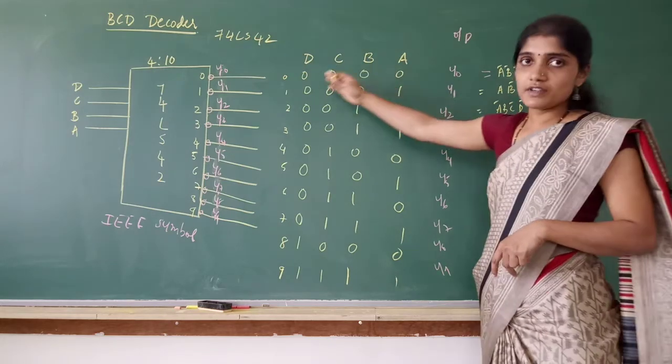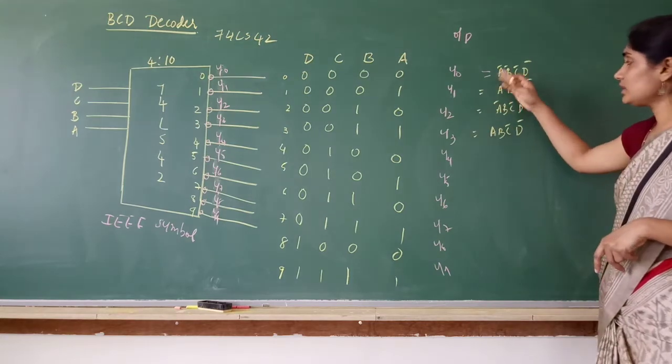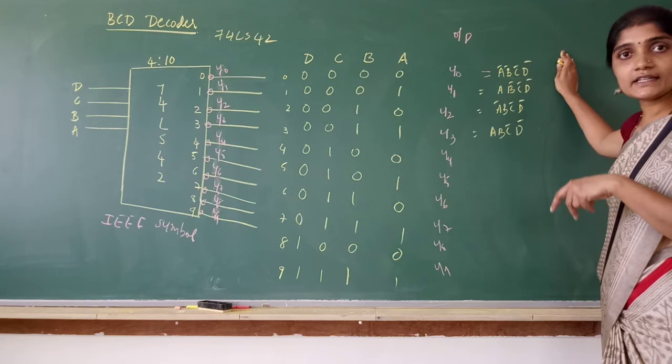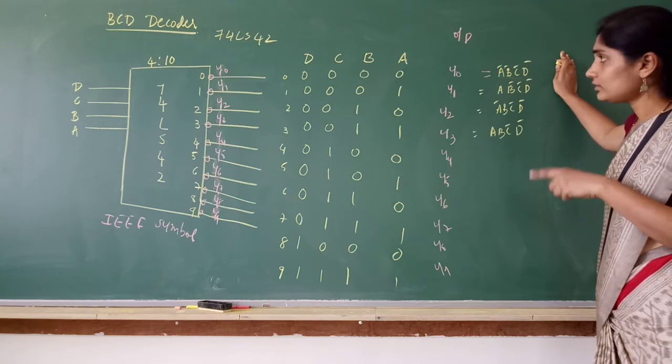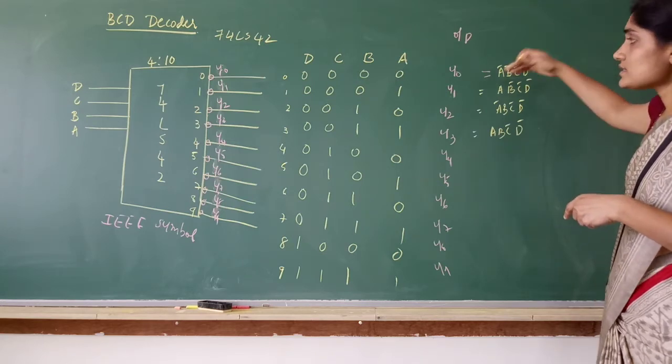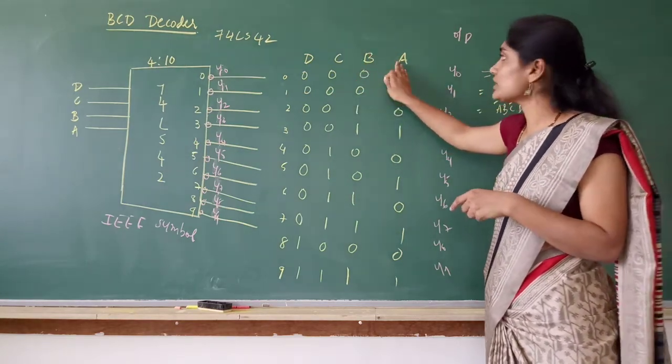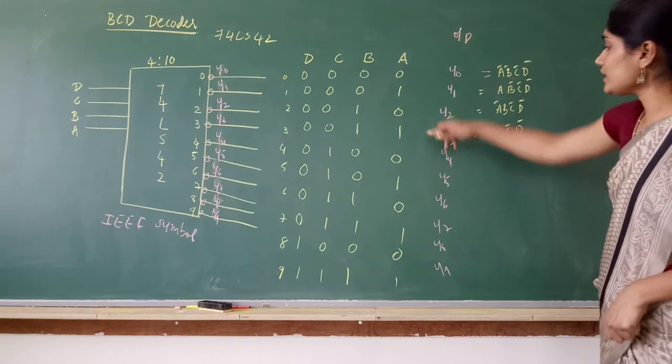See, I have taken it reverse. That is the only difference, so don't get confused. Since I am going to write the internal circuit diagram of BCD decoder, and I have used the same notation, let us retain the same to write the same circuit. It is A, B, C, D. So accordingly you write the equation.